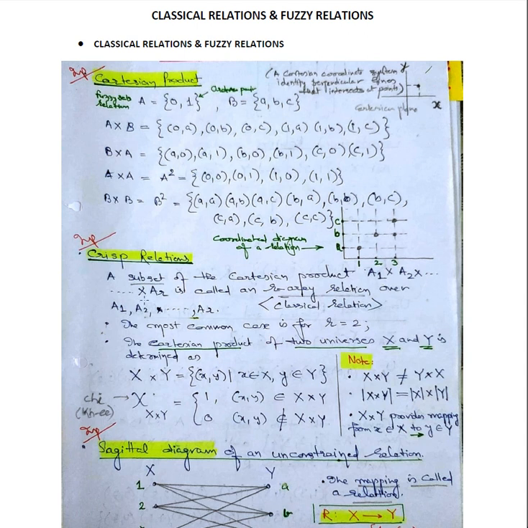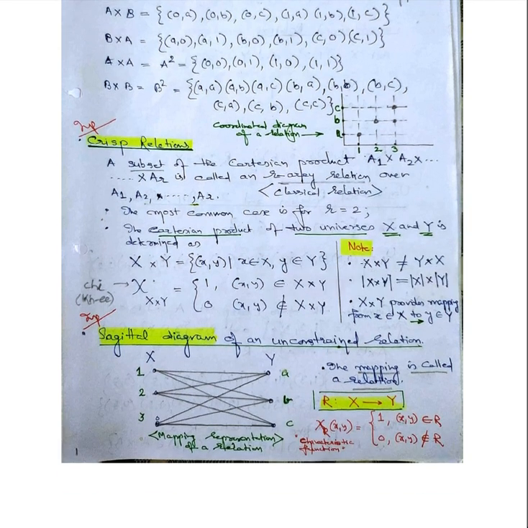When we have a number of sets, the complexity of the relationship increases. If n is equal to 2, then in two sets we can create that particular crisp relation in an easy manner. So the Cartesian product of two universes of discourse x and y is defined